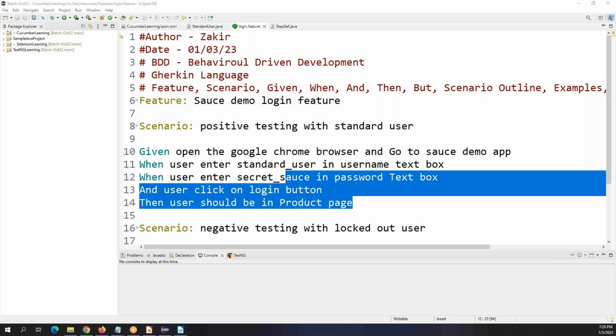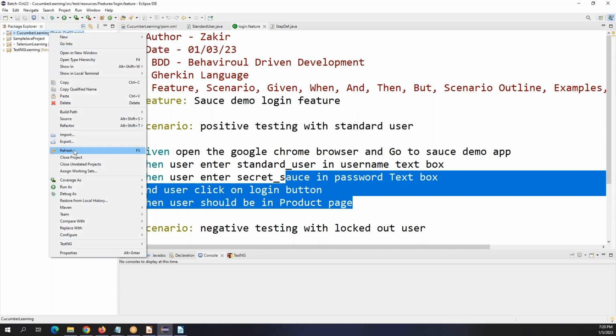Okay, I have one thing here. Not sure whether refreshing the Eclipse will fix that issue or not. You can try to restart your Eclipse and see if it is working or not, or refresh the project. Right click on the project, and then you will get a couple of options. One option is refresh,